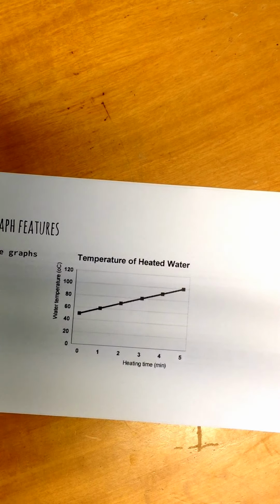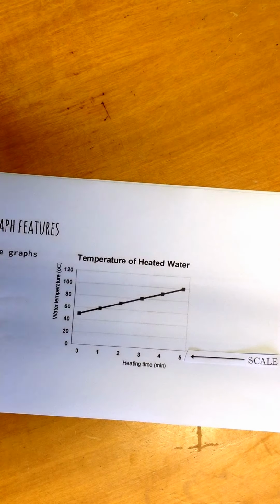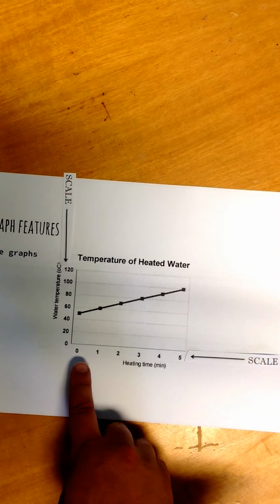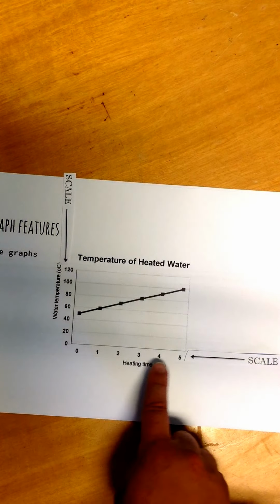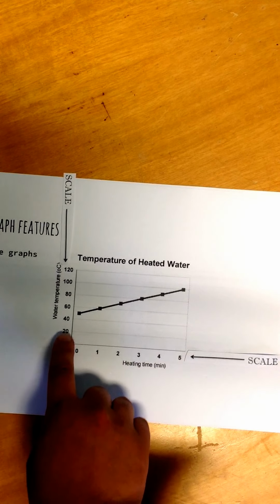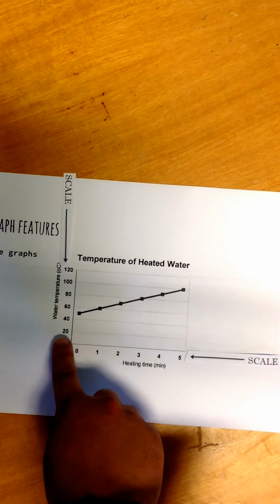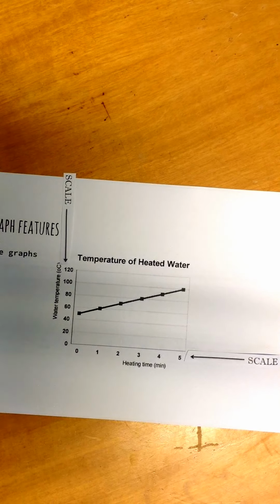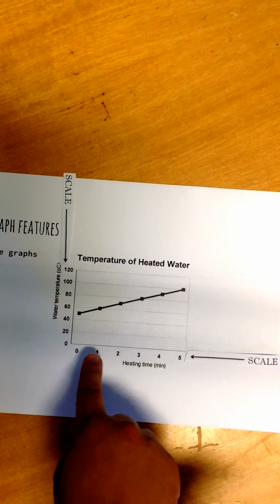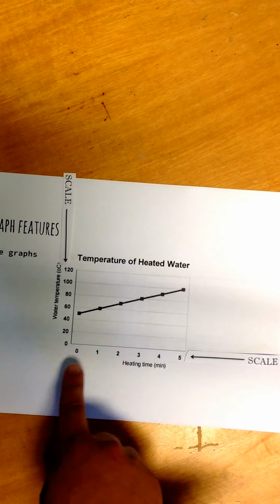Another thing worth mentioning is the scale, the numbers that you're using. So for example here, the scale goes up by 1: 0, 1, 2, 3, 4, 5. But here, you can do the scale up by 20s: 0, 20, 40, 60, and 80. It doesn't have to be one by one all the time. You can do up by 30s, by 40s if you want to, but normally a nice scale will do. But you must stick to the scale. You can't do 0, 1, 2, 3, 5. No, you must do 0, 1, 2, 3,